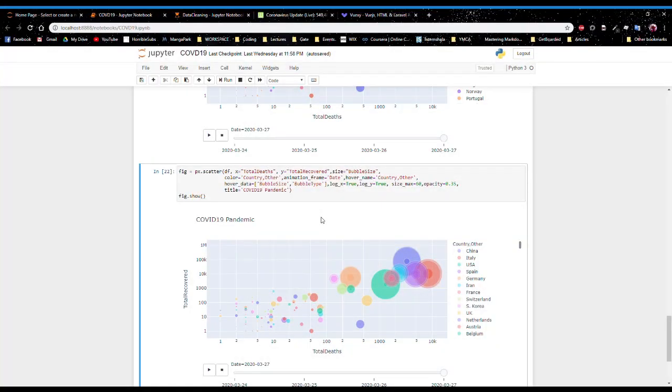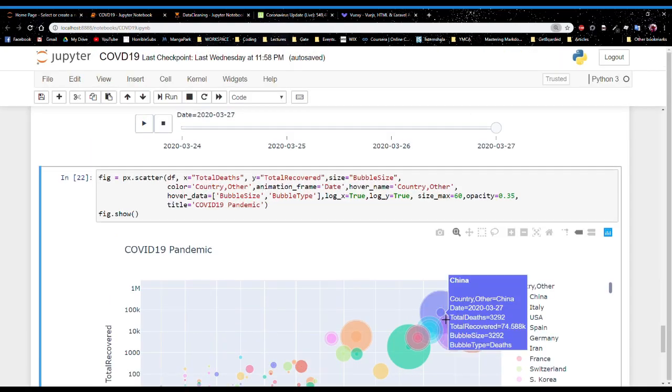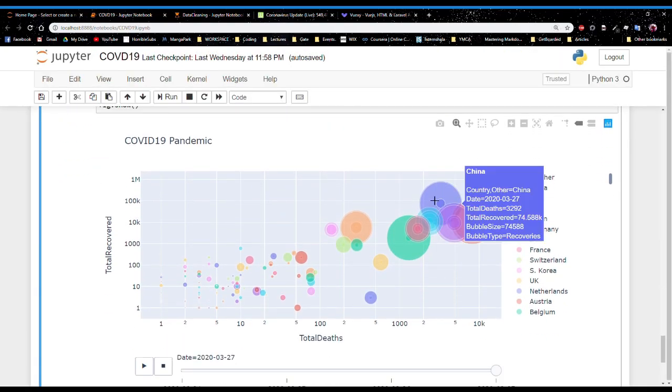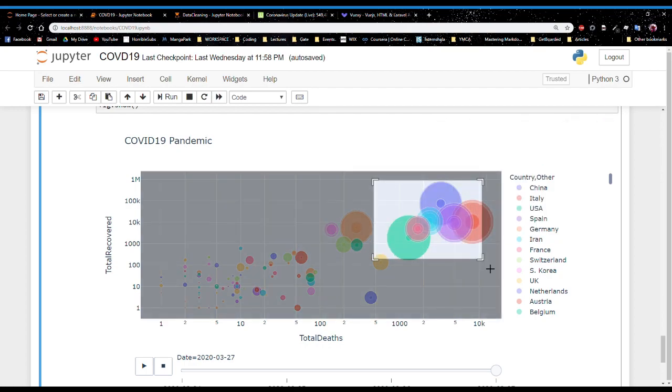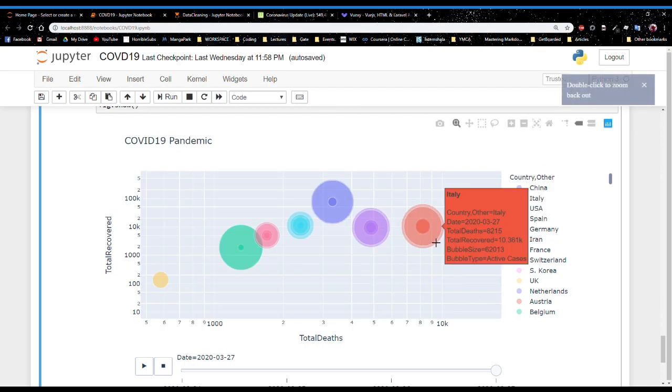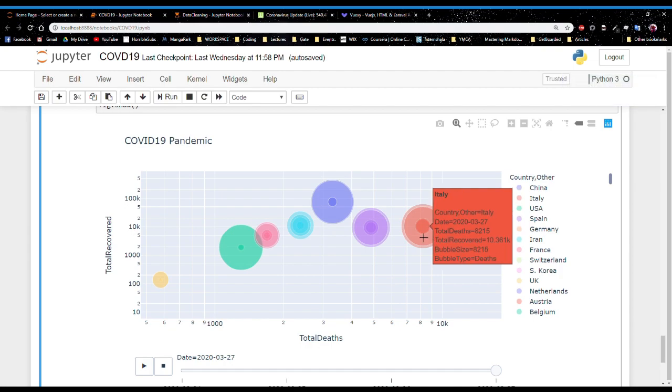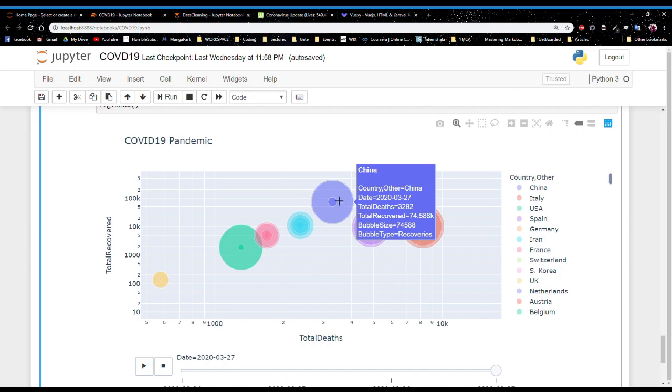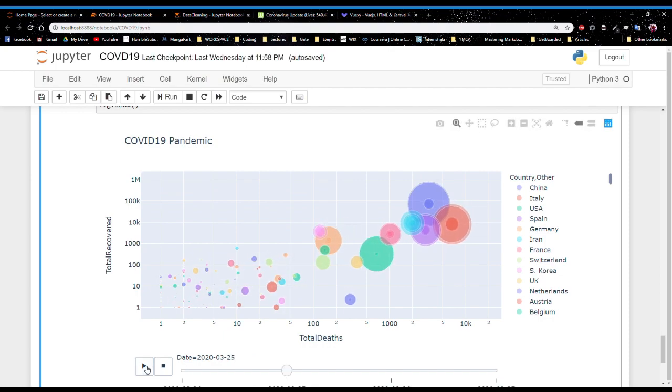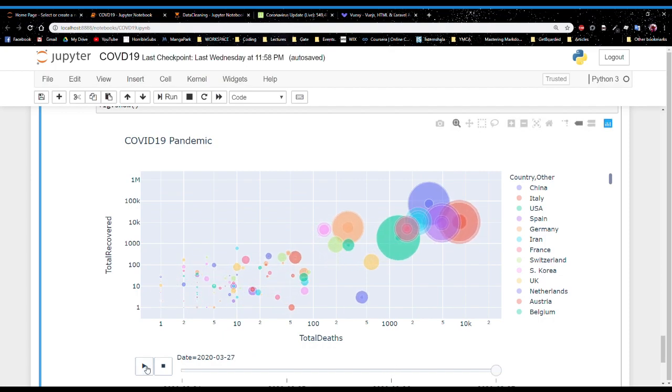Hi, today you'll be learning about bubble graphs. Using Plotly Express, you can plot these charts according to your needs. This here is a modified bubble chart with outer, middle, and inner rings. This was made using a dataset of COVID 19 from Johns Hopkins, which is readily available in Kaggle.